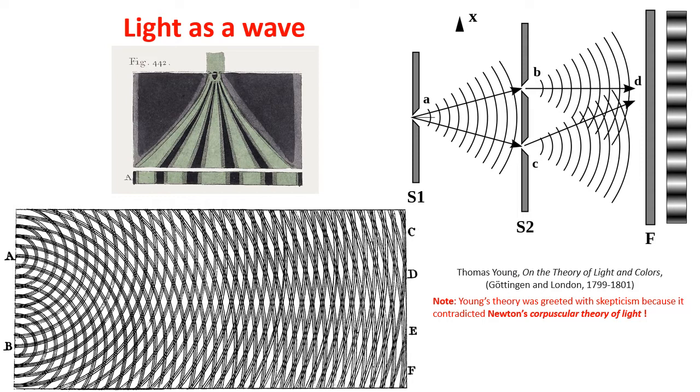around 1800 when Thomas Young, he was actually studying to be a medical doctor in Göttingen. These people studied various disciplines, it was a Renaissance thing. And so in Göttingen, he started working on a theory of sound waves, and then he just applied it to light, and did that experiment that you see there, that illustration, figure 442. That's an illustration from the paper he later wrote in London for the Royal Astronomical Society,